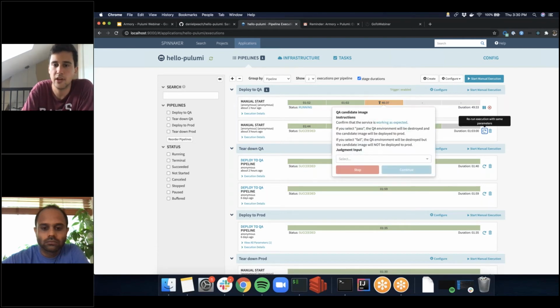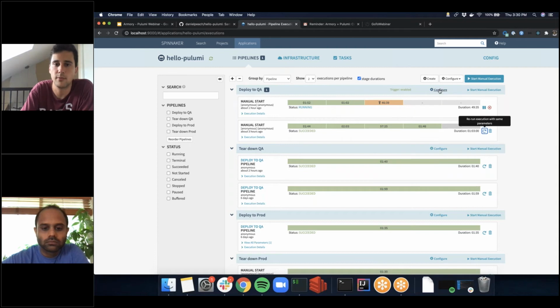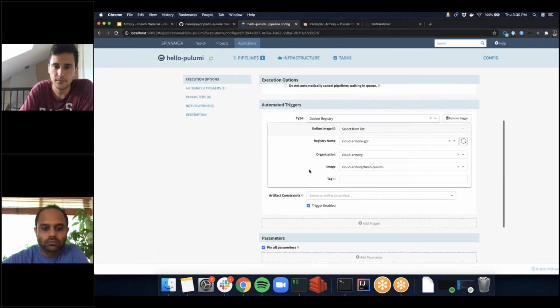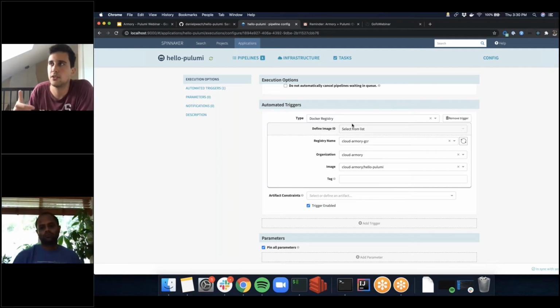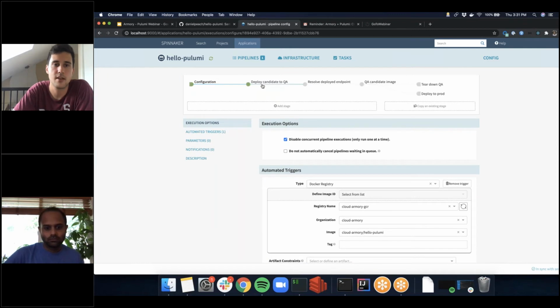So before we click yes here, and we'll talk about what's going on here, I'm just going to walk through the pipeline configuration. For those that aren't familiar, Spinnaker has this concept of triggers, so triggers trigger pipelines, and there's a lot of different things that can trigger pipelines. And one of them is Spinnaker can listen to your Docker image registry and trigger a pipeline when it sees that there's a new image available. So in this case, our GitHub action pushed up a new image to this repo, and we kicked off the